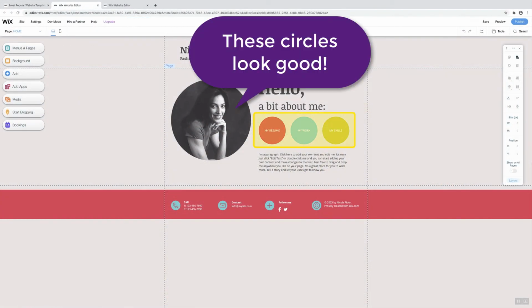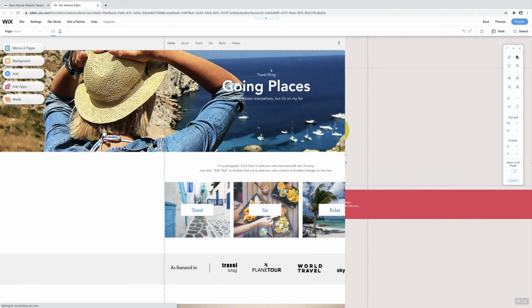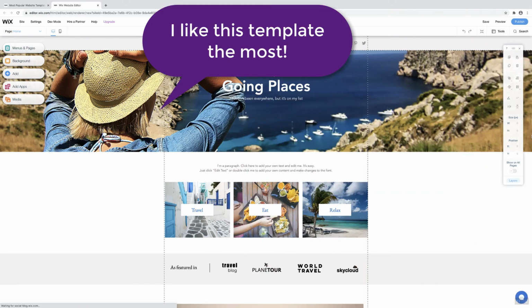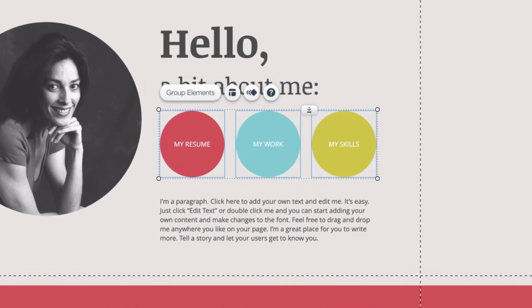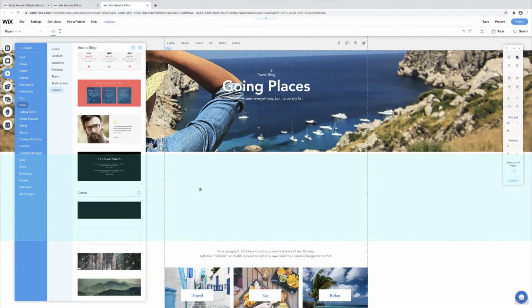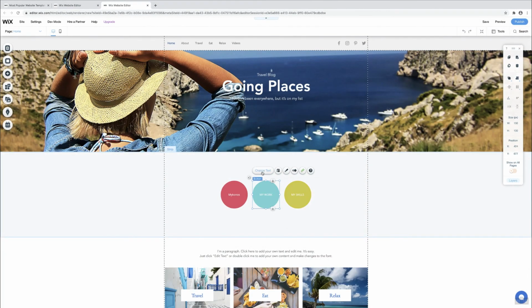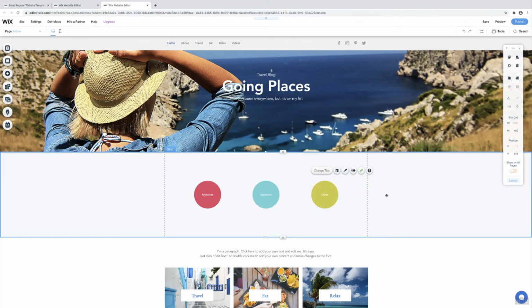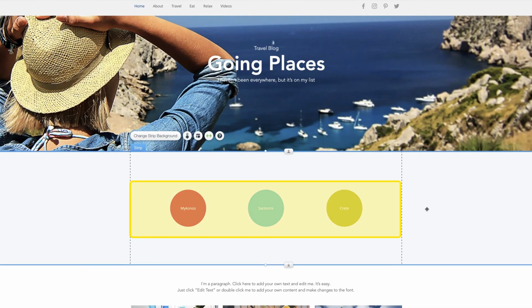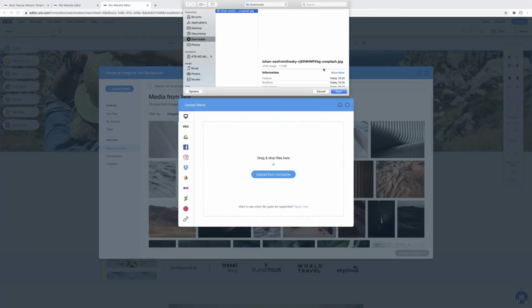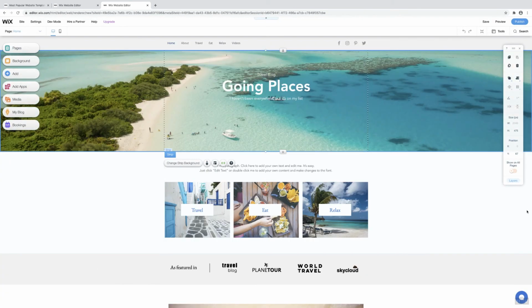You can also take inspiration from multiple templates and use the one you like the most and then incorporate elements from the other templates into your own website. It doesn't need to be perfect, but the idea is to pick a good structure that suits your needs, so most of the work is done for you, and then you get to go off and have fun editing the little details like photos and colors and so on.